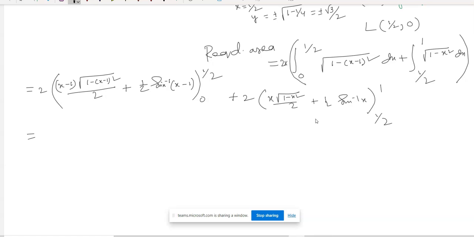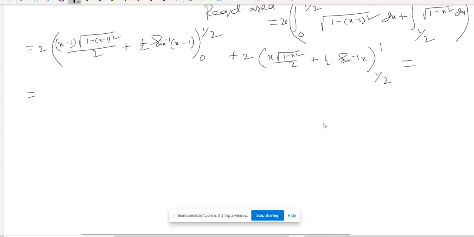So if I put x equal to half, then you will get the upper limit, and 0 for the lower limit. It's your duty to get the answer. Since it's a textbook sum, you all can verify the answer nicely. Just upper limit minus lower limit, and you have to show it to me.